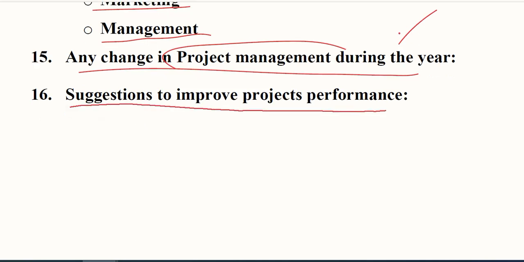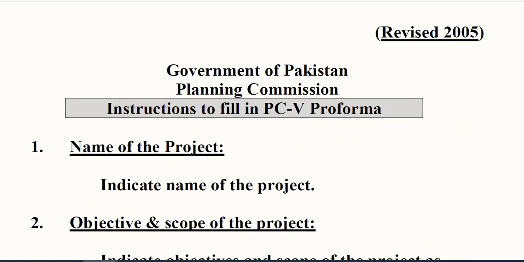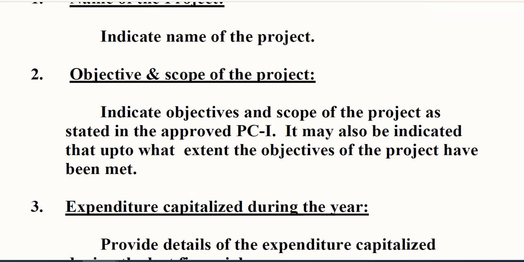Suggestions to improve the project performance. The benefit of the lessons can be in the form of suggestions, and how we can use these lessons to improve the project's performance. So in this way we can fill the proforma 5, that is PC5,